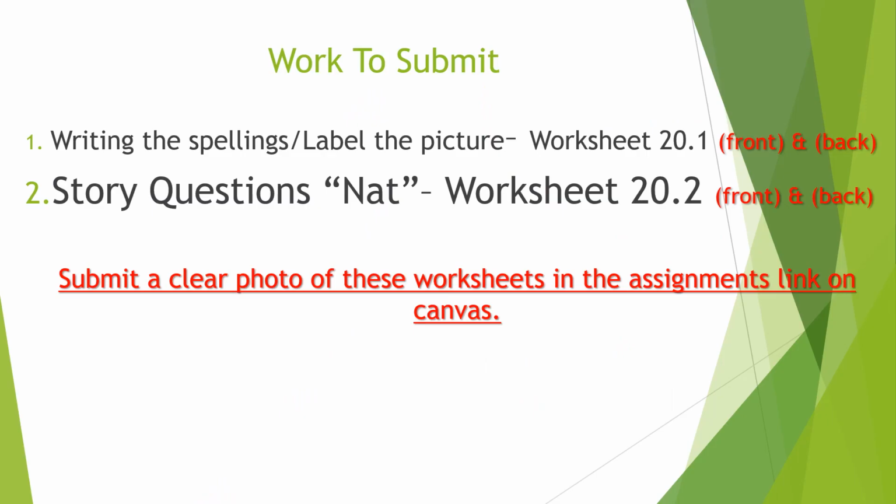So let's talk about our work that you are going to submit today. First, you are going to submit the Writing the Spellings and Label the Picture worksheet 20.1. That's the front and the back. You will also submit the story questions for Nat. That's worksheet 20.2, the front and the back. Make sure you submit clear photos of these worksheets in the